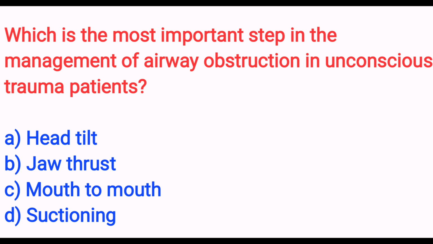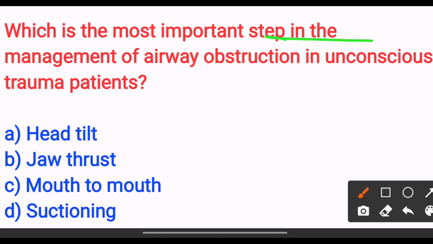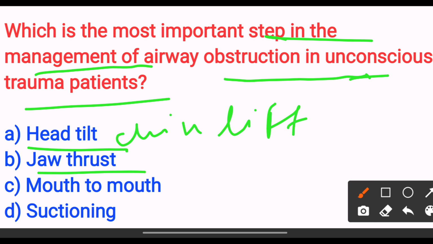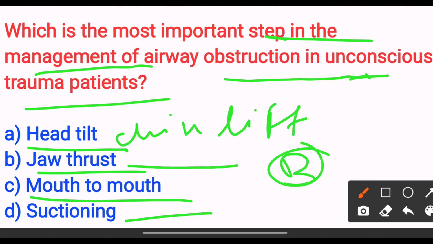Which is the most important step in the management of airway obstruction in unconscious trauma patient? Option A head tilt, chin lift. Option B jaw thrust. Option C mouth to mouth. Option D suctioning. The answer is option B. For the unconscious patient, we mainly use the jaw thrust maneuver, and for the conscious patient, we use the head tilt, chin lift. Next,